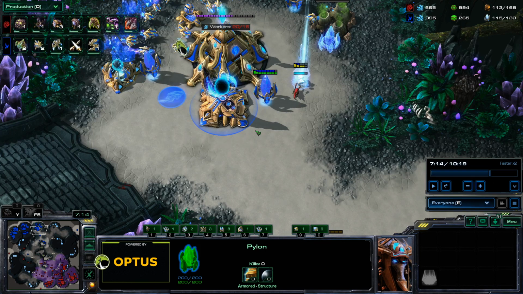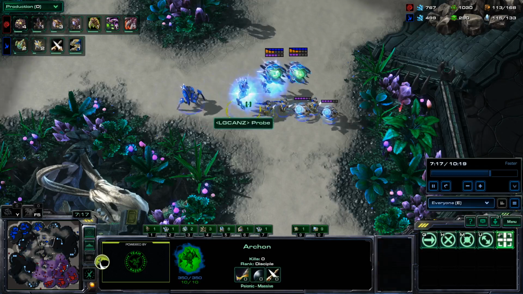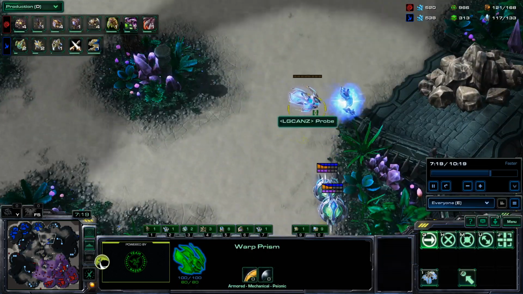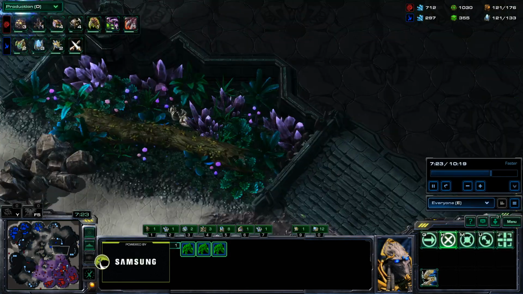Every time you do a warp in, build 2 pylons, or 3 pylons if you want to be safe. Or if you're building like Colossus or something like this. So yeah, we're moving across the map now. Got 2 Archons, got my Oracles, got all these units, a couple more Zealots warped in, and now here is